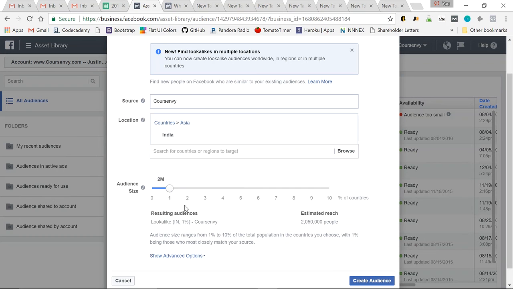I like to do the 1%, because the 1% will be more closely matched to my source audience, my Course Envy page. So you can A/B split test this, but from my data, I prefer the 1%, no matter what source or location I'm pulling my lookalike from. So click Create,